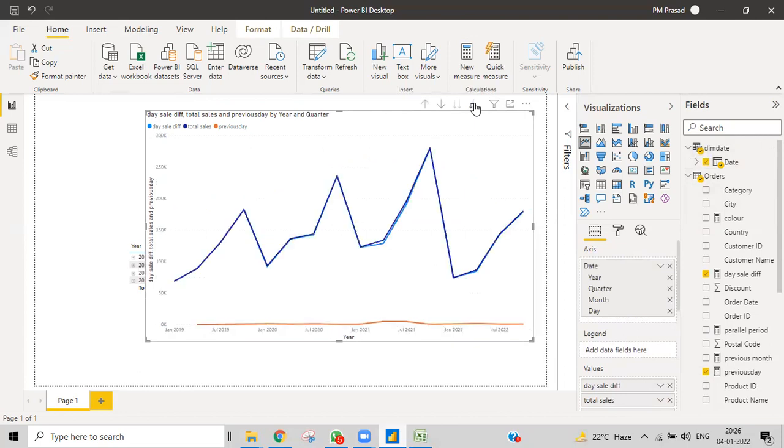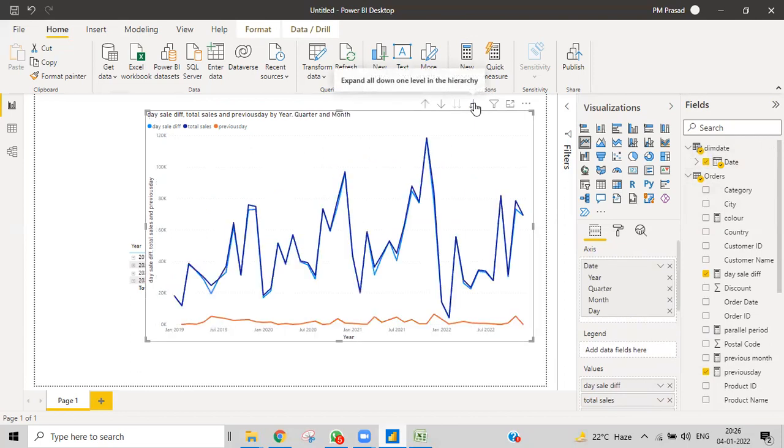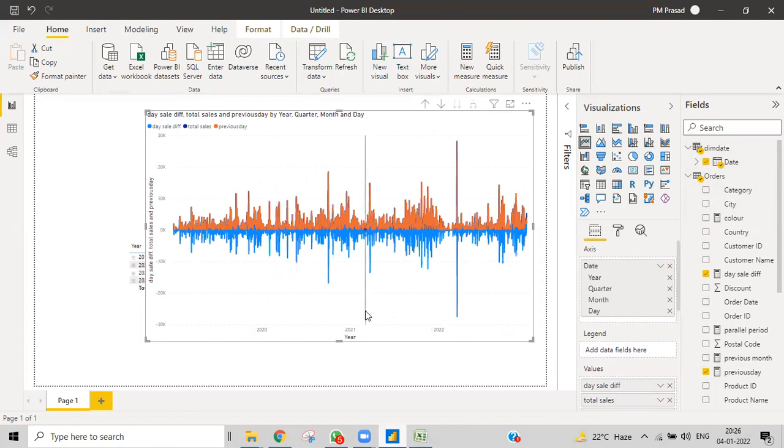I want to make it granular. You can see for each and every date a lot of things, like previous dates and day difference. I just scaled down with the mouse, and you can see total sales, and the previous day sales is this one.